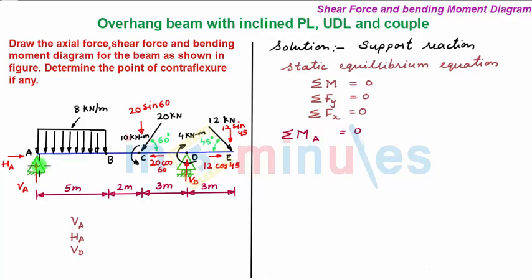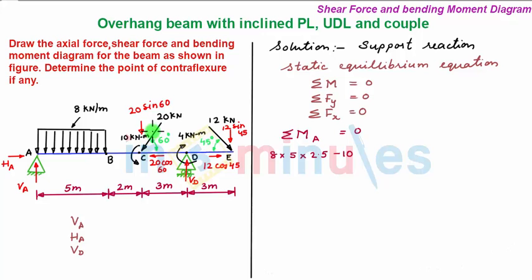Now writing the expression for all the moments about point A, our sign convention is clockwise moment positive and anti-clockwise moment negative. So we have first clockwise moment caused due to this UDL whose magnitude is 8 multiplied by 5. It is acting at the center of this span, meaning that 2.5 meter from point A. So we have 8 into 5 into 2.5. Then we have an anti-clockwise moment of 10 kilonewton meter, so minus 10.